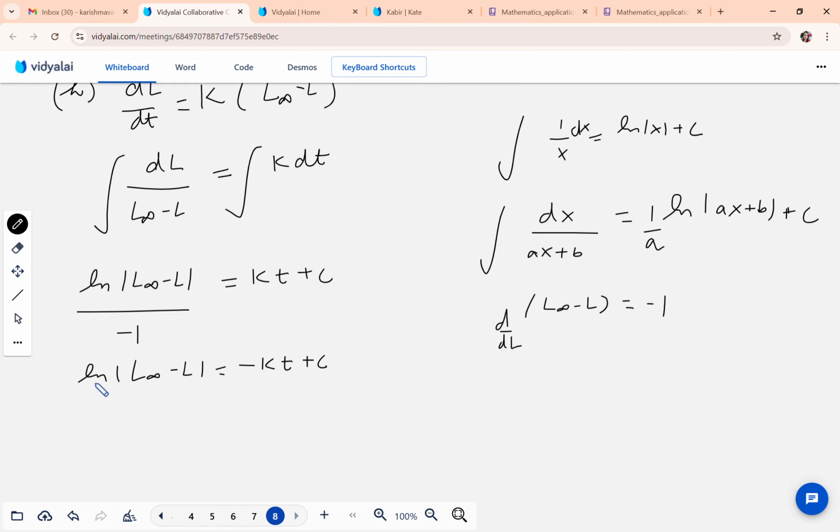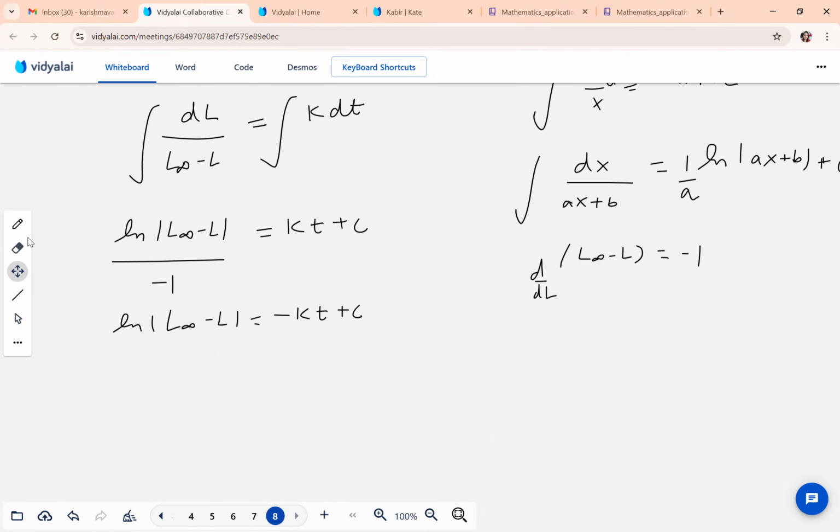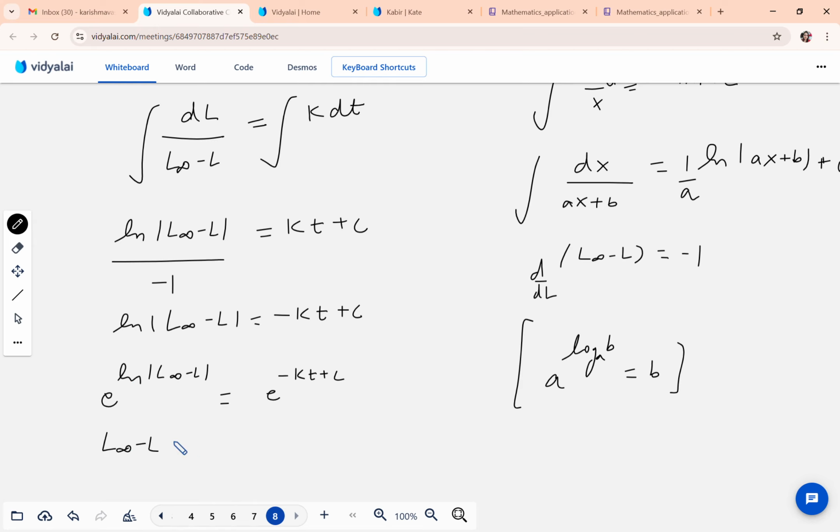Now, what do they ask us? They ask us to write L equal to f of t. So I want L. Now there is ln. In order to get rid of this ln, we will apply exponential to both sides. We will raise to the power e on both sides. So this becomes equal to e to the power minus kt plus c. Why? Because a to the power log a b is b. The base of the exponential and log should be the same, then it's just b. ln means base e, so it will just come out to be L infinity minus L,